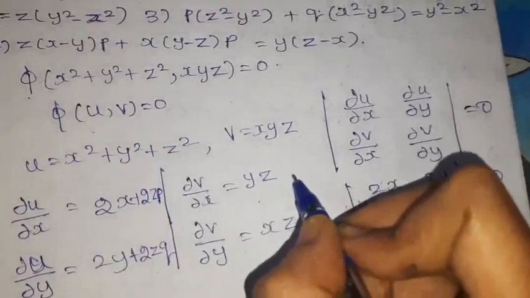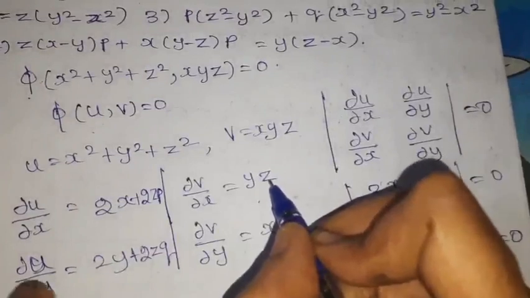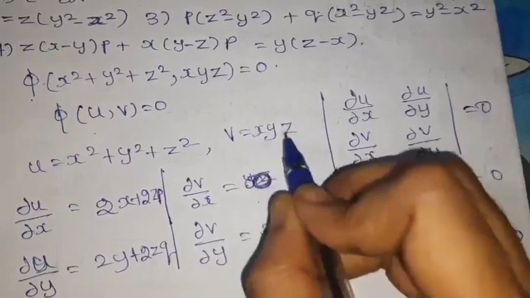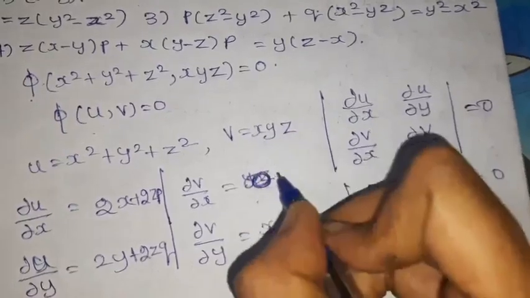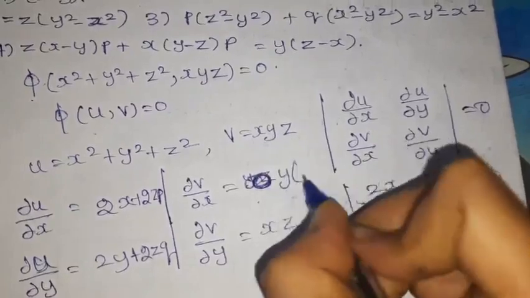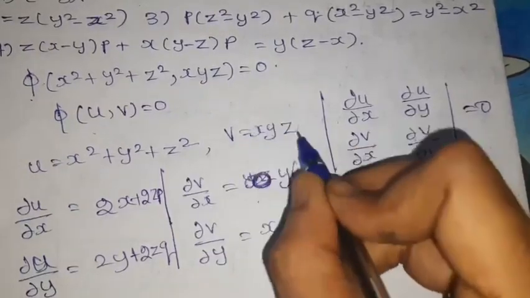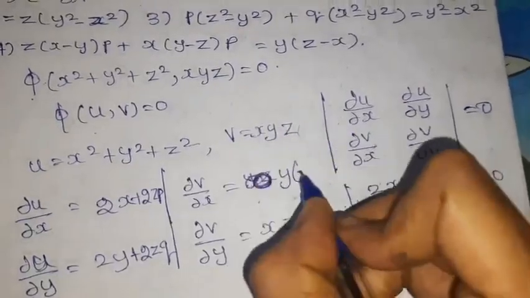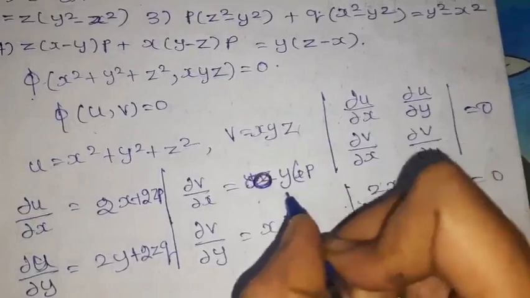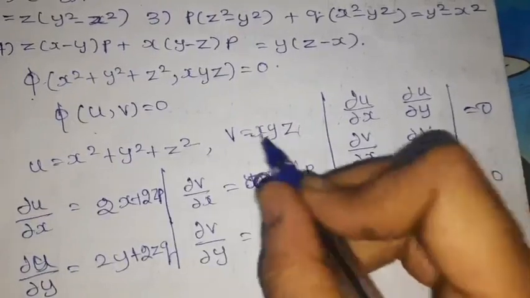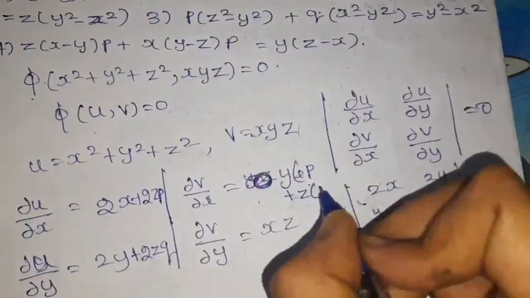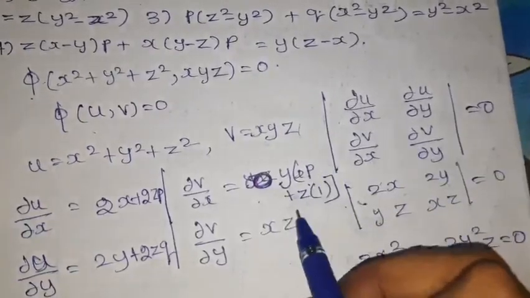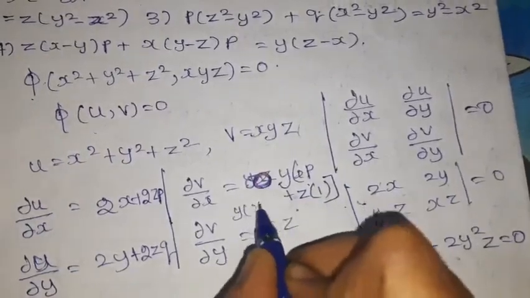So y is common, x into this term won't come, so take y outside. This is in the form of uv. Okay, uv, what will we get? x, keep y as constant, into xp, dou z by dou x. Again y as constant and z only, so into 1. So y into xp plus z, this term.